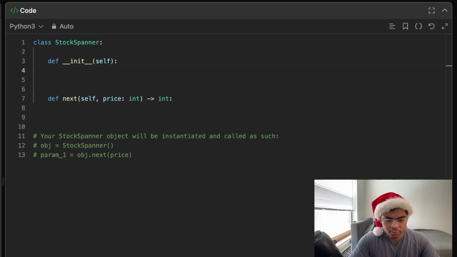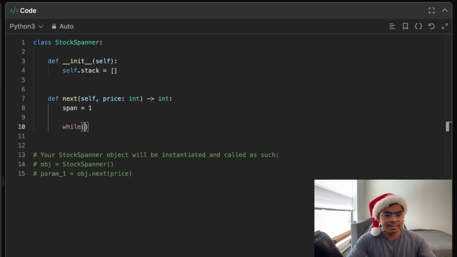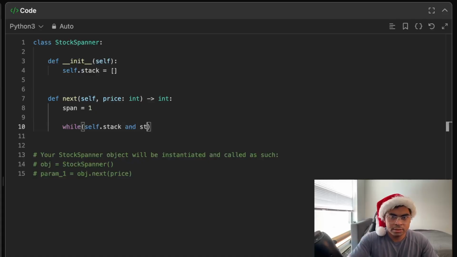So I'll have a stack, so I'll just call it self.stack. I think you can see like this. Then I am being given the price for the current day, so for that day span would be itself 1 because it's less than or equals to itself. Then I'll have while stack has some value, so while self.stack and stack self.stack's top